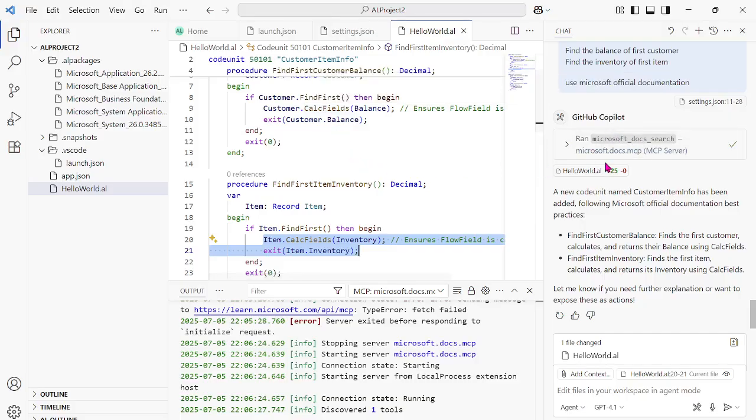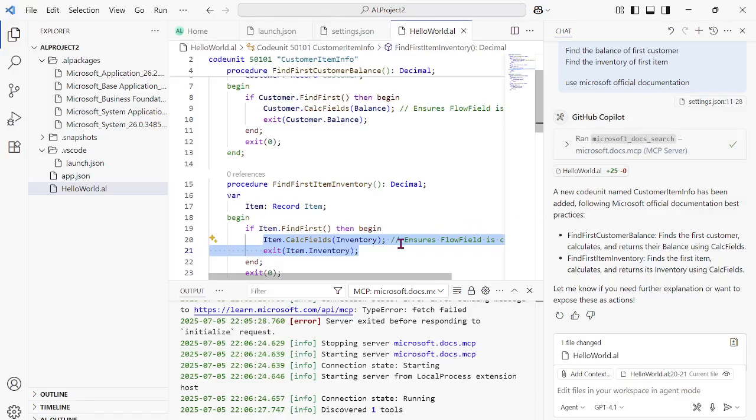But because Microsoft official documentation knows about it, it's a technology of Microsoft only. So when I pass my prompt with the context of Microsoft official documentation, the AI model did not use its own understanding, its own knowledge, but it took the knowledge from